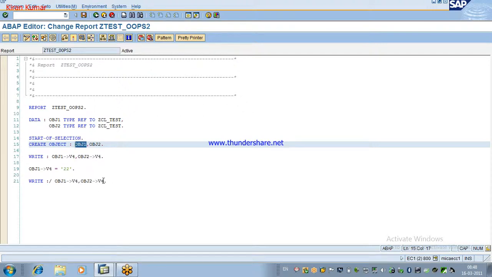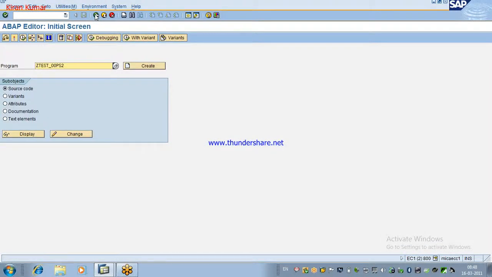But for the static components, if you change the value from one object, the original value will get affected, and all other object values get affected. This is the main difference between instance and static. This is how they behave.